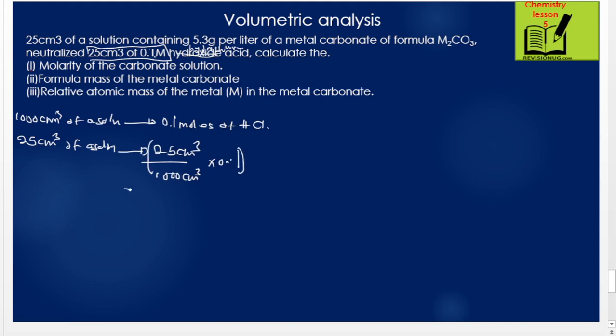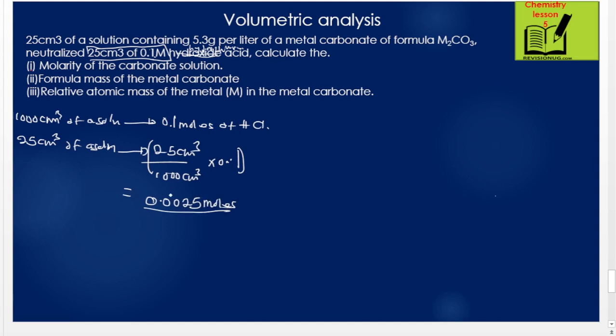So we get the moles of the acid there, which is going to be 25 by 1000, giving us that one, then times 0.1. This is 0.0025 moles. Then after this we are going in for the mole ratio, but before doing that one